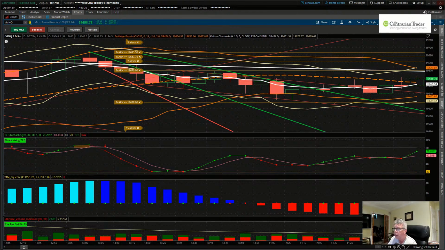Okay, what we're looking at here is a tale of two different charts. One, we have a 5 minute chart, which has been weak ever since, I don't know, about 1 o'clock around there, but it's since picked up. But the macro view on an intraday basis is what's going on. And if we pull back to a 30-minute view, you take a look at this and you say, okay,